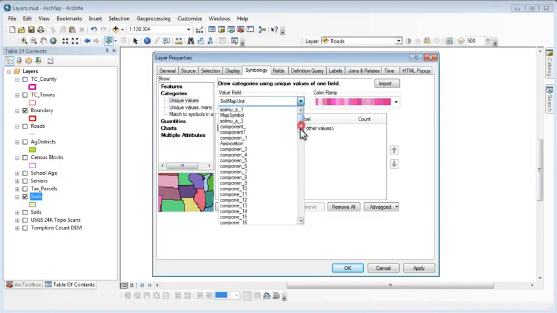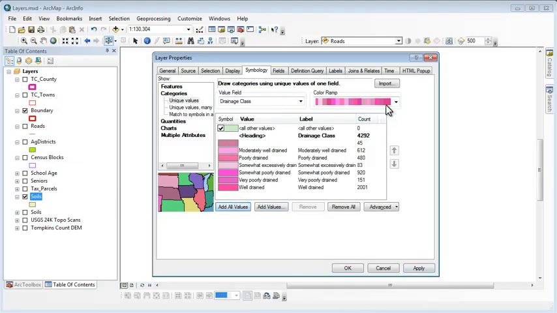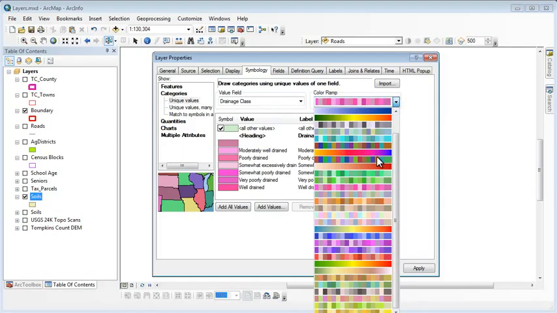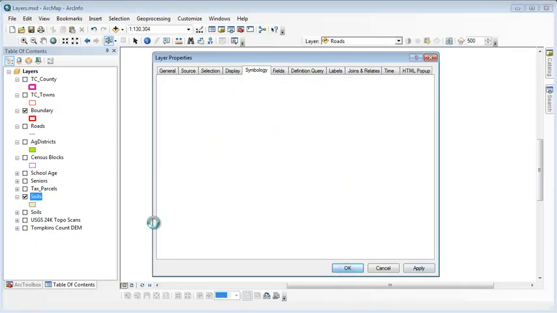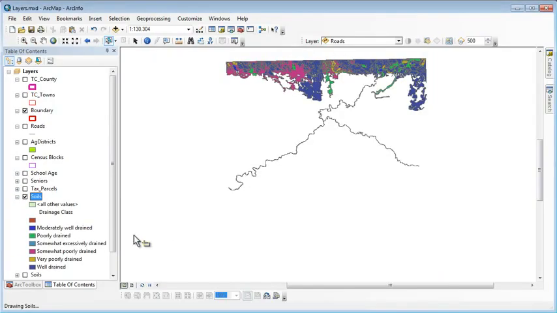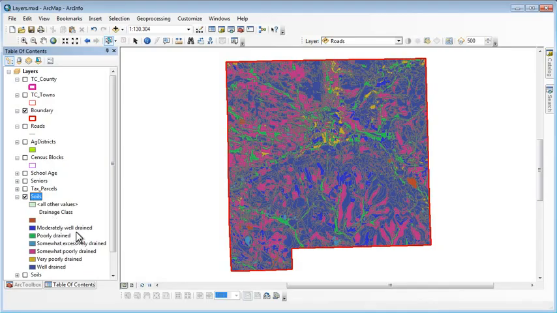Now some of them I have built some aliases for a couple, such as drainage class. So I click on drainage class and I say add all values, and I have all values, and I can of course adjust my color ramp if I don't like that, and rearrange these things, go through and create a legend exactly the way I've wanted it. Because if I do this, just take some of my defaults, I get something that's not very intuitive. And as you can see, drainage class has moderately well drained, poorly drained, somewhat excessively well drained, and so forth. I might want to reorder those. It might be more useful to have colors that